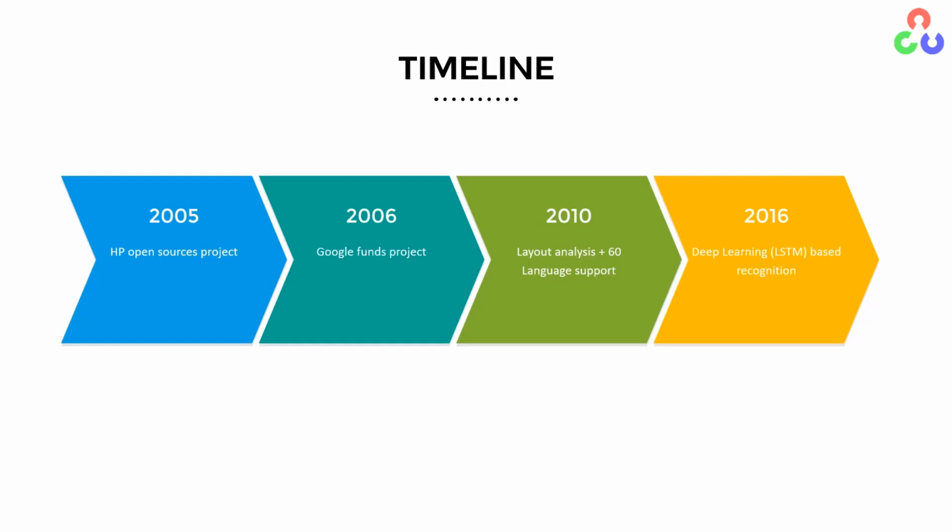And the deep learning based recognition engine also works very well, and it's constantly evolving. So the new versions will always be better than the old ones. And these are learning based models, so they get much better when more data is added to the system. So we expect Tesseract to get better and better. And basically, if you consider the entire package of document layout analysis and all the language support, I think it is the best out there.